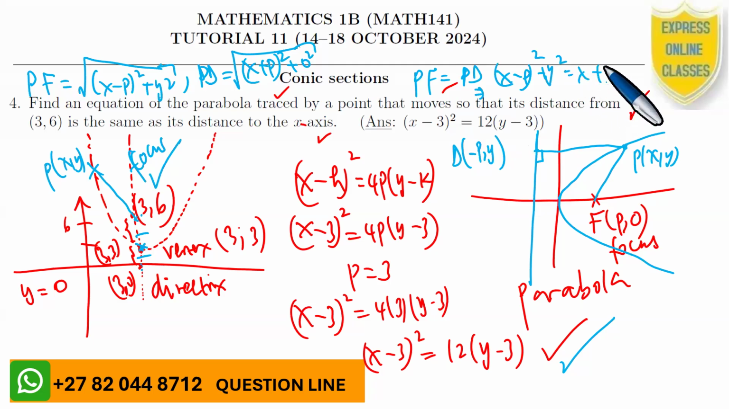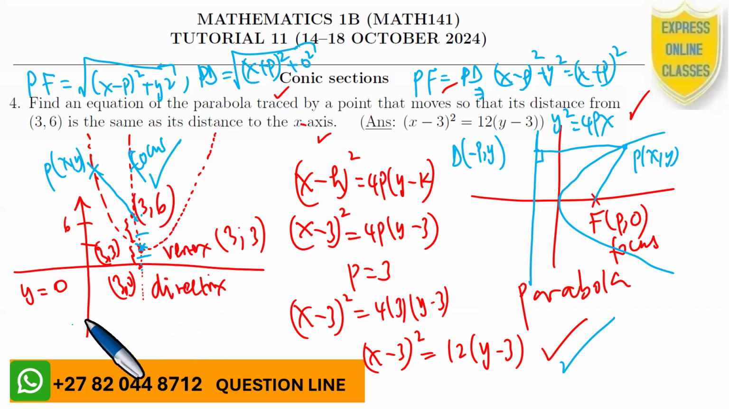Which is x plus P. You simplify everything, which means y squared is equal to 4px. If you square everything here, it becomes y squared is equal to 4px, for this kind of a shape. So even here,